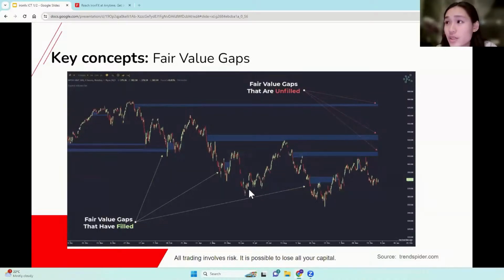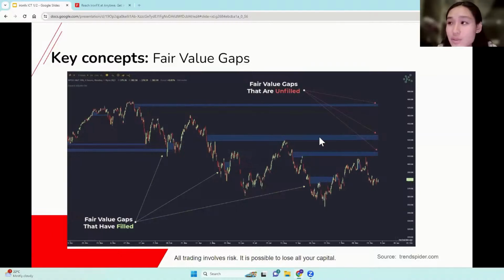Okay, so if we look at the fair value gaps that have been filled, you can see that these, if you follow the arrows, the fair value gaps are basically the levels in which price has retraced and is testing that level again. So it's basically what we previously mentioned as overlap resistance or support levels, or in this case, it's support overlap areas. Okay, so you see price reversing, testing that level, bouncing off of it. Similarly, price reverses, tested that level, and reversed off of it. And same thing over here.